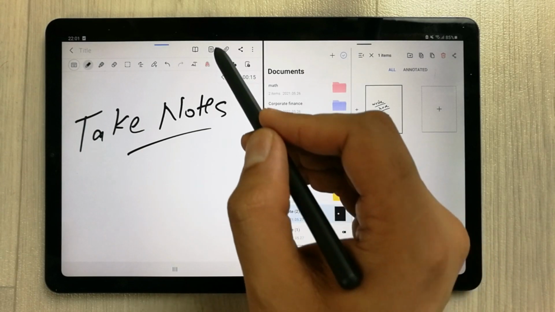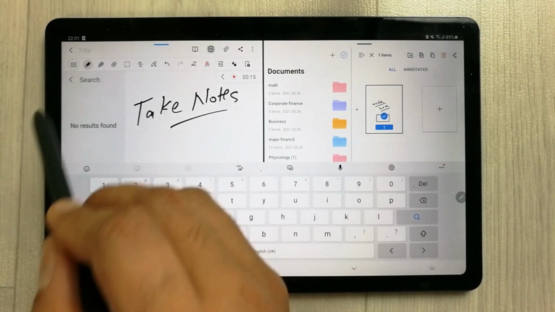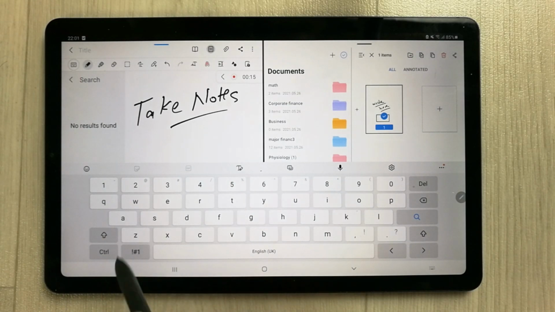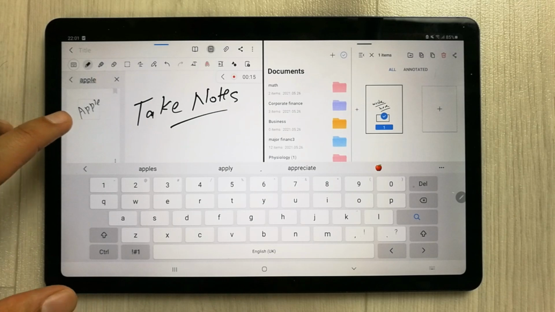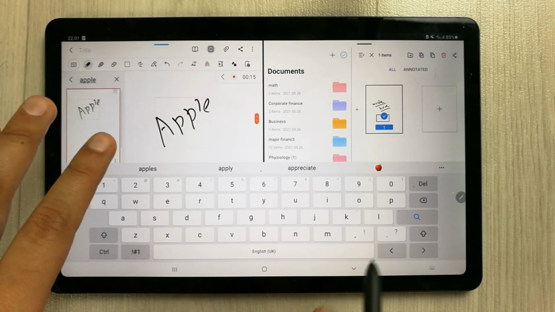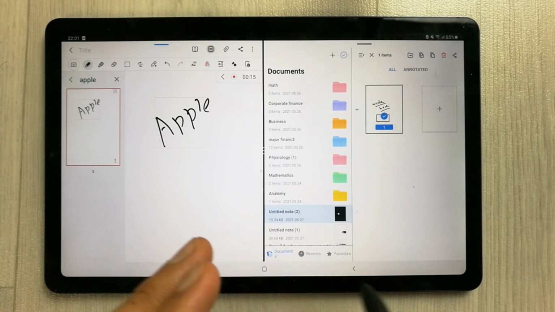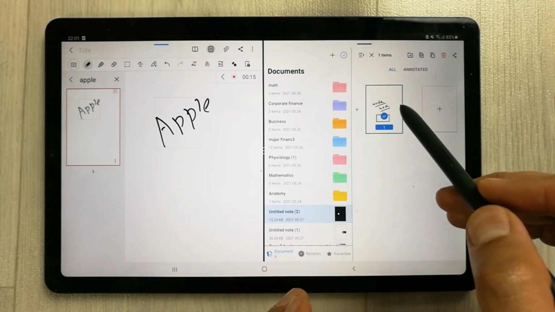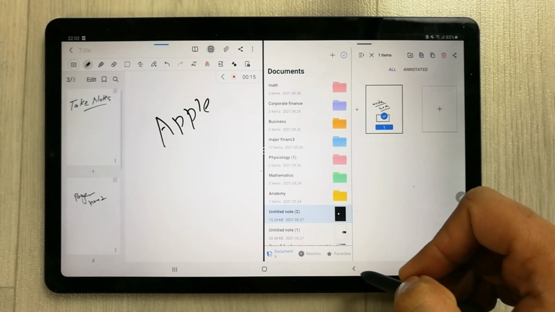I select this option, and then there is a search option, and if I write here, for example, apple, you can see over here it is showing me the page with my handwriting on it, and it will bring you to the exact page. But on the other hand, in Flexil there is no such option available.